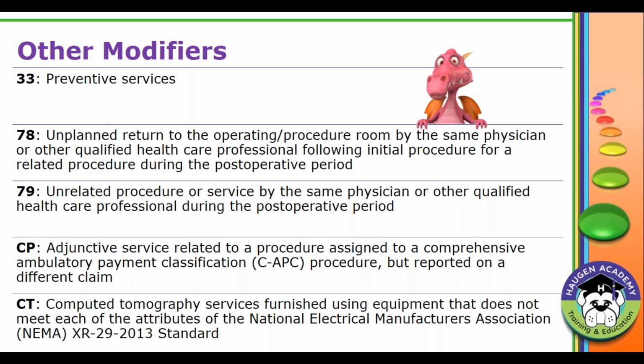There are some other modifiers that I didn't go over in detail today, and I will just call out a couple here that are kind of weird. Modifier 33 for preventive services is the modifier that was developed for the Affordable Care Act. Under the Affordable Care Act, everybody is entitled to get a screening colonoscopy starting at the age of 50, and to have that paid for by their insurance company without any